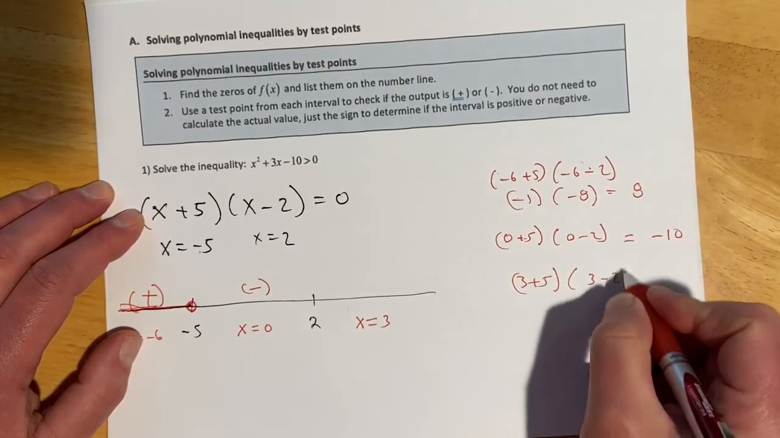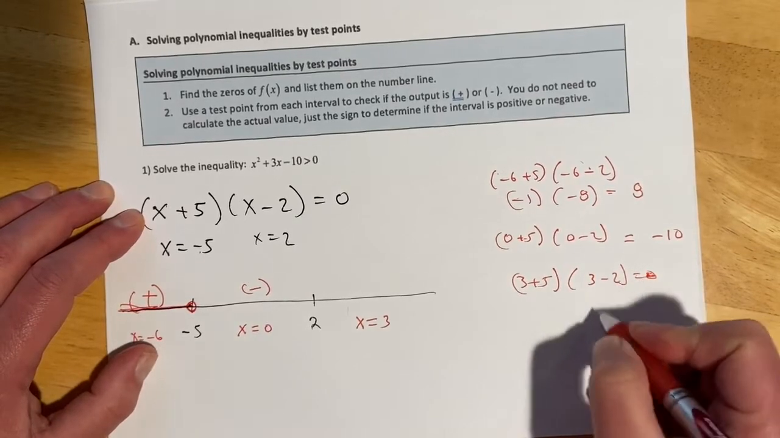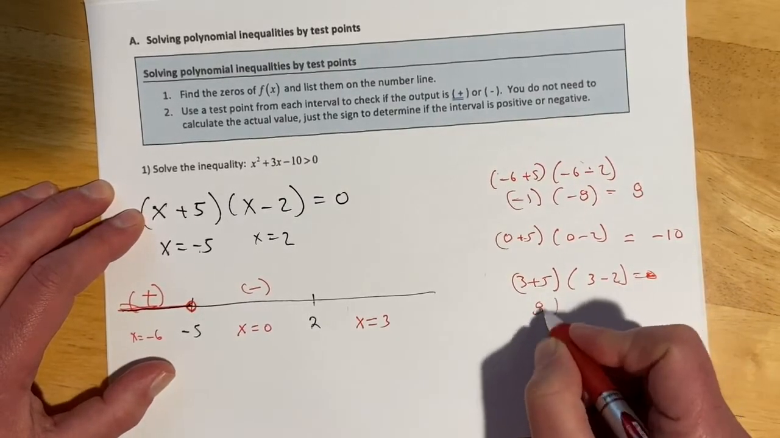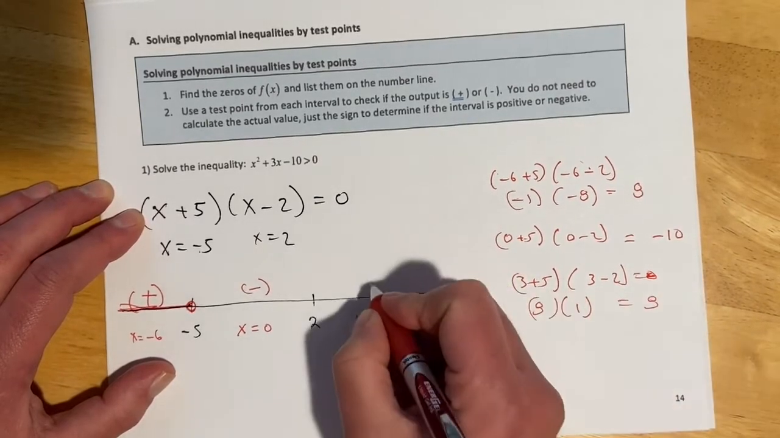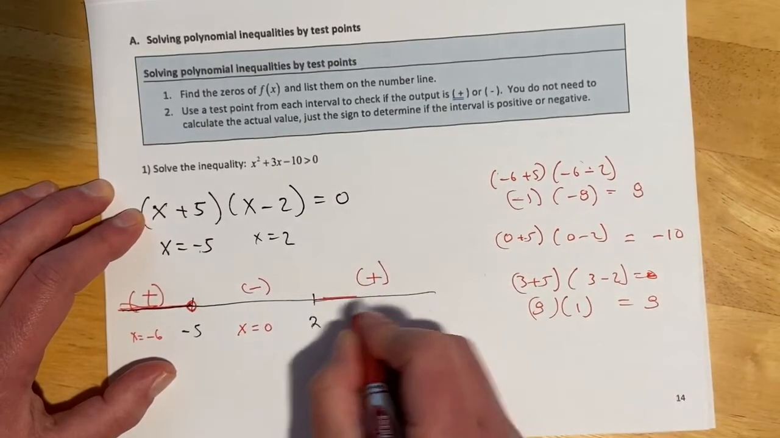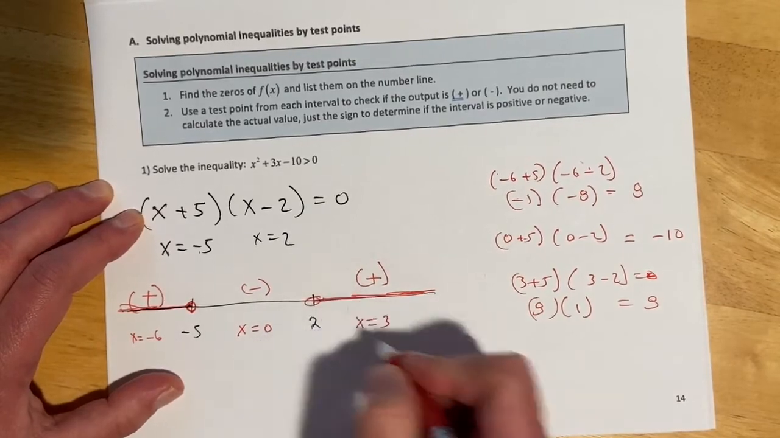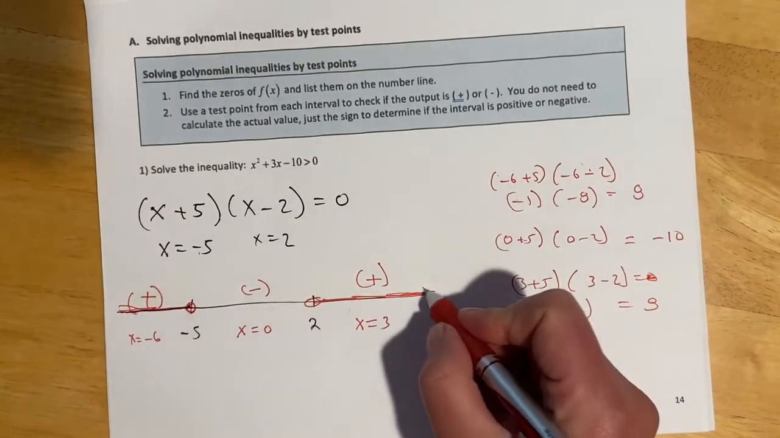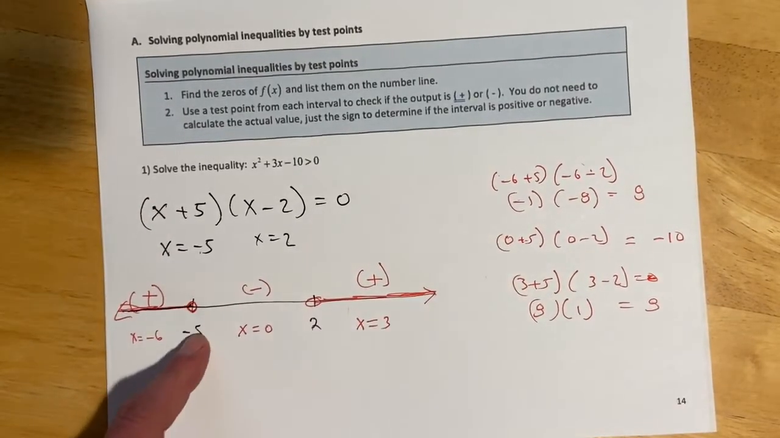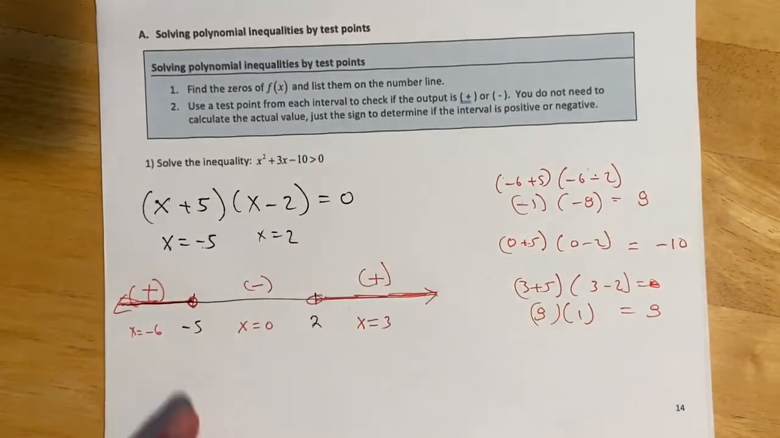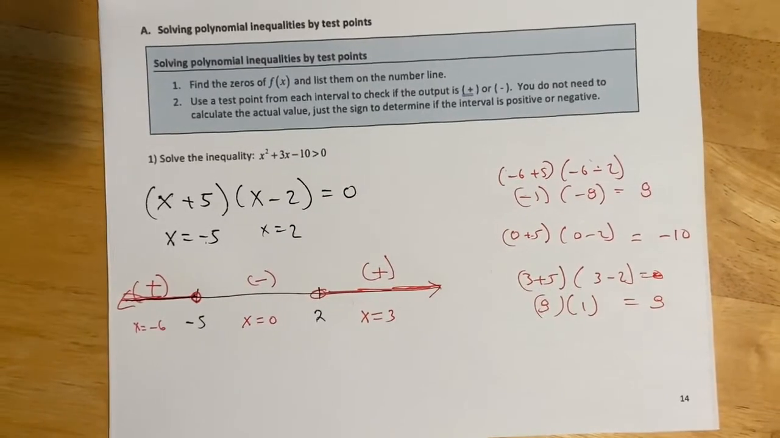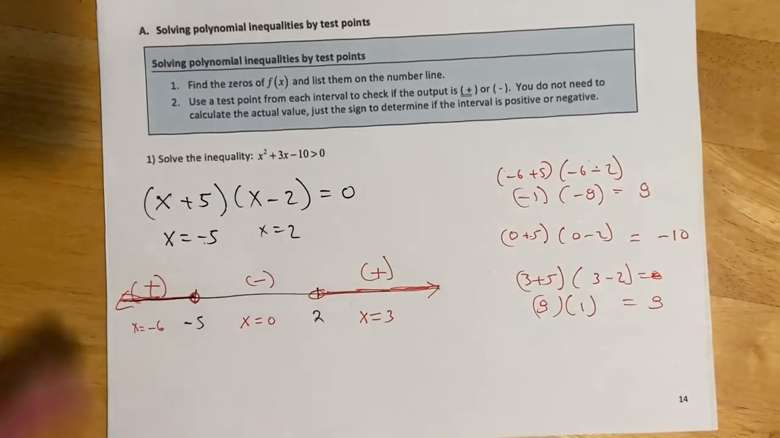And 3 minus 2, oops, not equals 0, 8 times 1, and that equals 8, and so that is positive. So that means all of this is also a solution. And so that's the idea of test points: we just figure out where our boundaries are, which is at the zeros, and then we grab one point from each interval and we test it, and if it comes out,